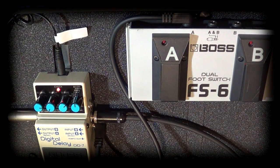Let's say the rhythm was something like. So we need to change it. So if I start tapping my foot,